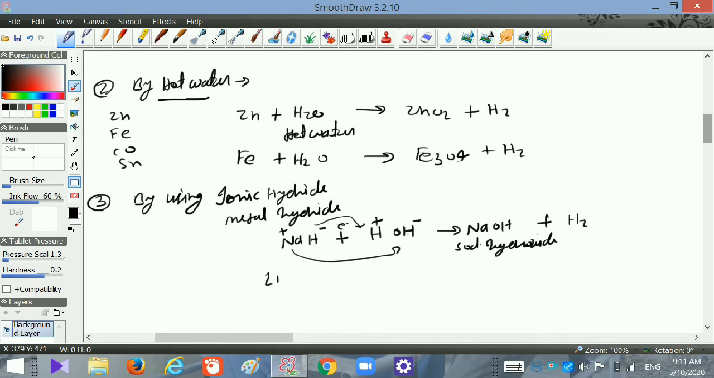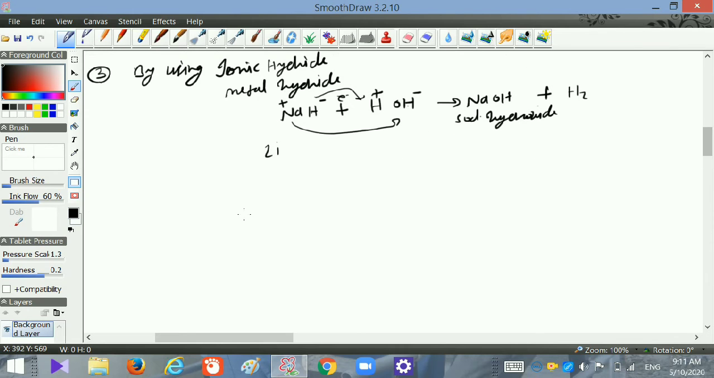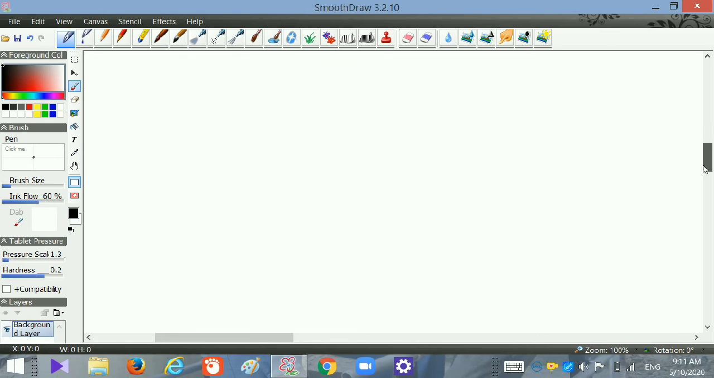So in the same way we can select another metal, lithium. It is lithium hydride, it also reacts with water and forms lithium hydroxide and hydrogen gas. Now fourth method, this is very useful and